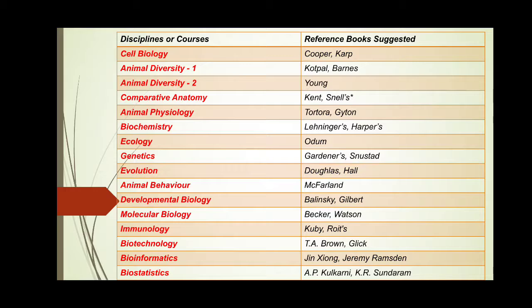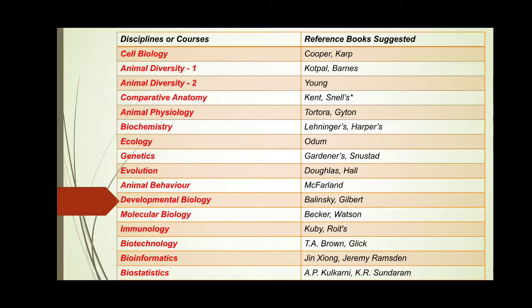For evolution, you can go through Douglas or Hall. They both are good. Douglas has quite simple language, again here I am saying, and Hall is also good. Hall has also very nice explanations. For animal behavior or ethology, you can go through McFarlane. McFarlane has very nice explanation of all the things like altruism, paternal care, maternal care, courtship behavior. Everything is nicely explained in